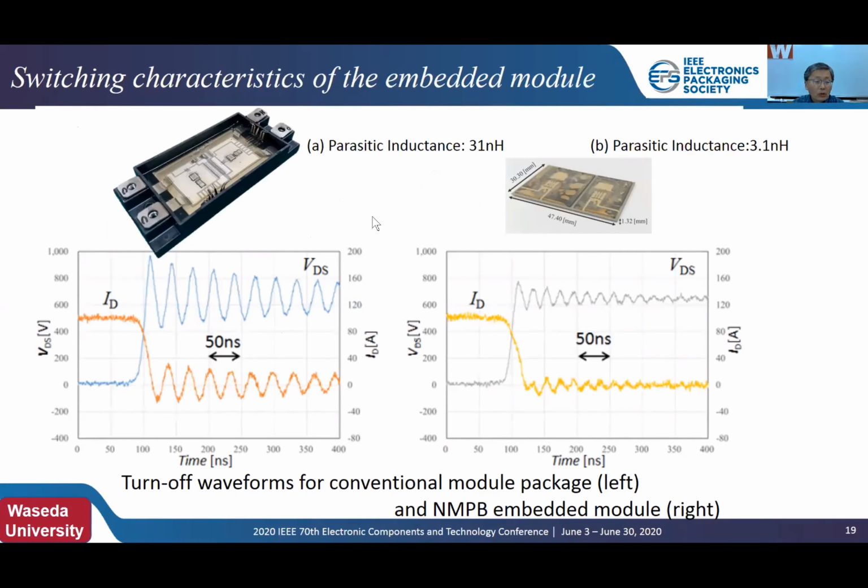Switching waveforms were measured with an input voltage of 650 volts and a current of 100 ampere. The left figure showed